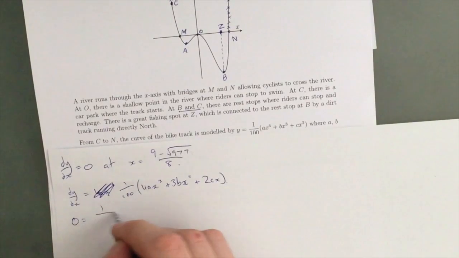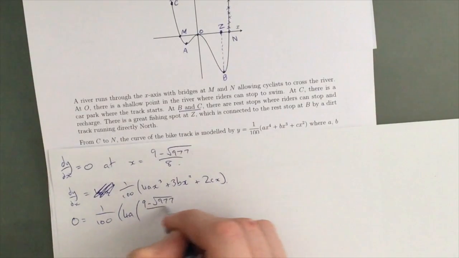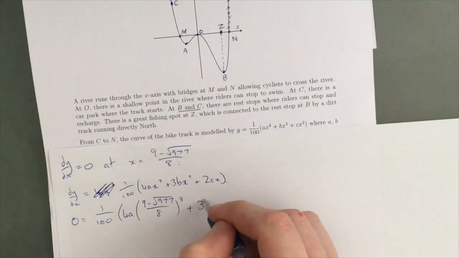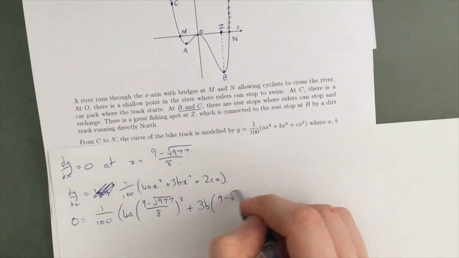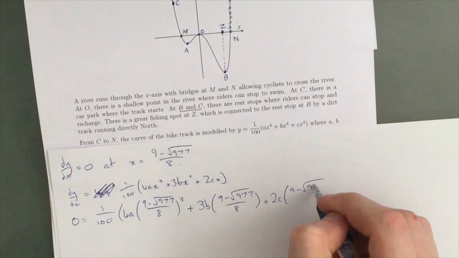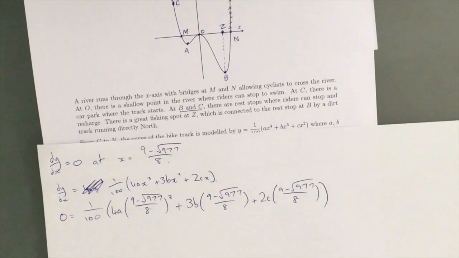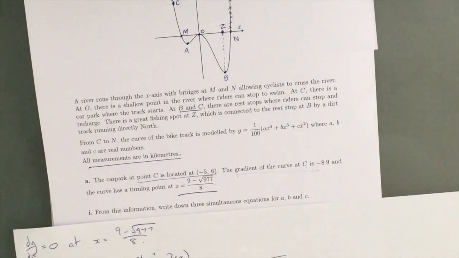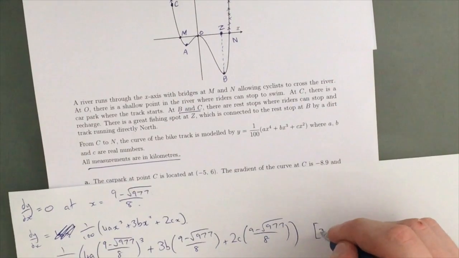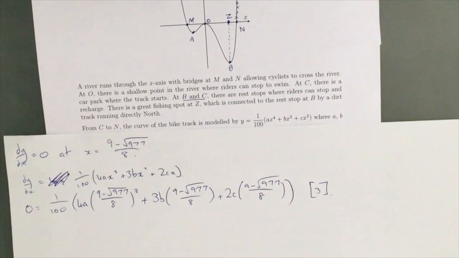So 0 equals 1 over 100, 4a(9 take root 977 over 8)^3, plus 3b(9 take root 977 over 8)^2, plus 2c(9 take root 977 over 8). Which seems like a pretty ridiculous sort of question, but these ones do come up in the exams. And this is the reason why you would need your calculator for this. But nevertheless, this is your third simultaneous equation, which means that we have our first one, which we wrote down before, our second one, and our third one, which we've got here,